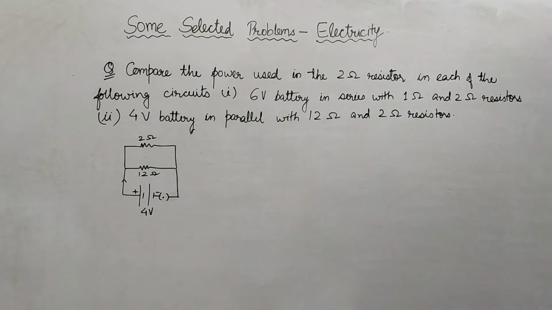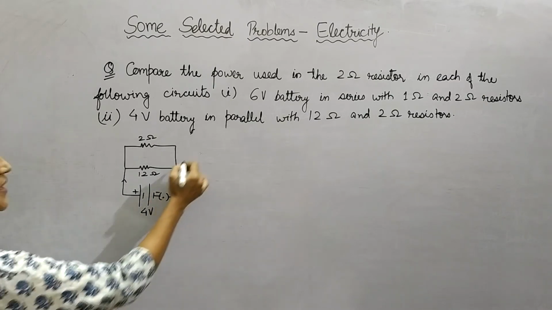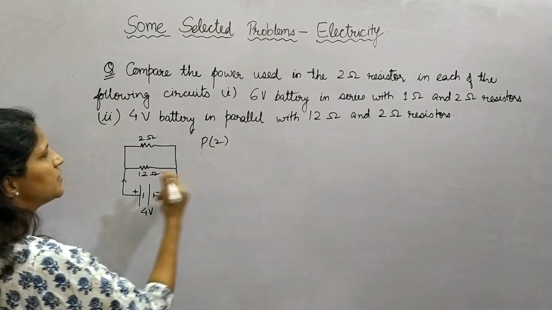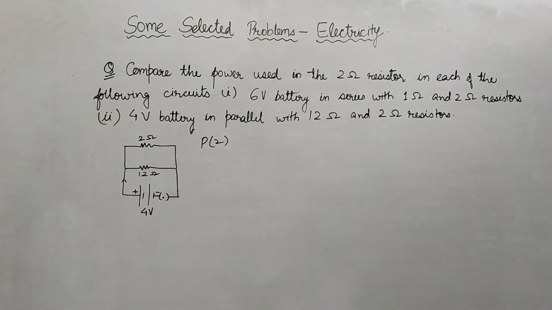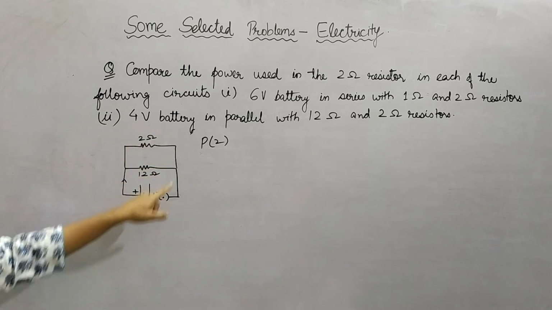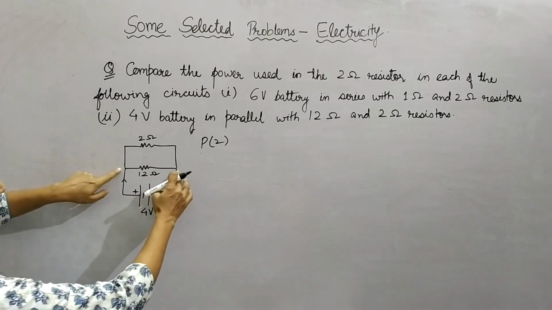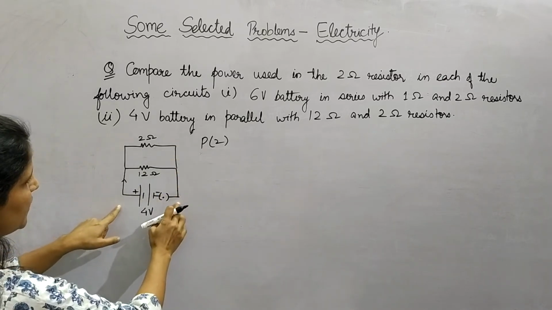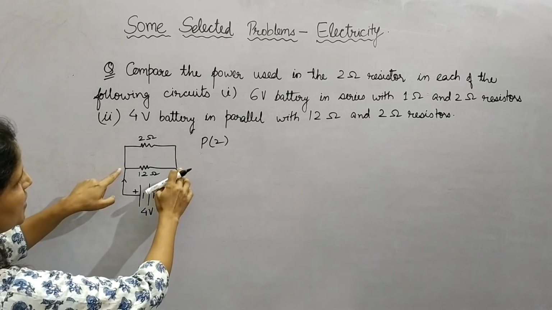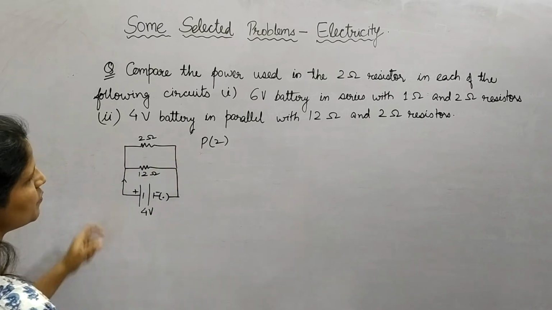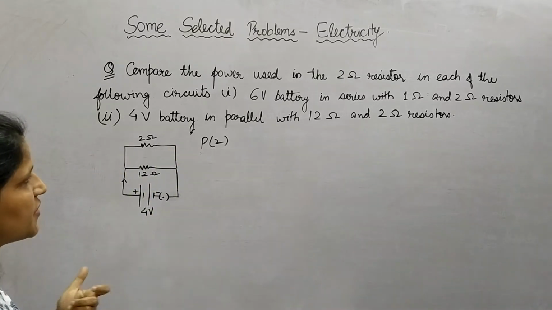So now we are required to find out power at 2 ohm again. We can again do it by all the 3 ways, but I am cutting it short by using only one way. In parallel combination, we know that the potential difference applied across each combination is the same. The energy is providing same energy to the charges for this branch and this branch. Both the branches are getting same energized charges.